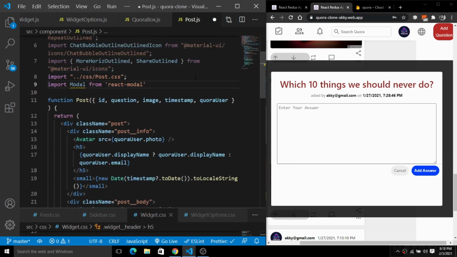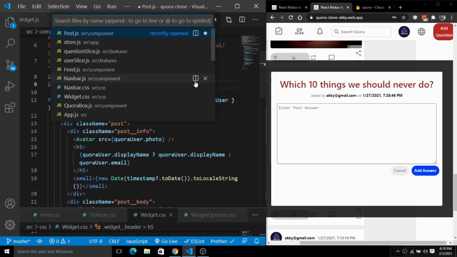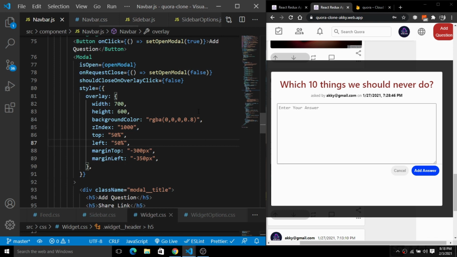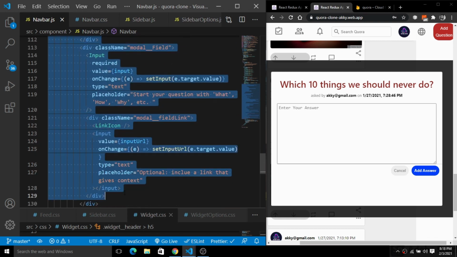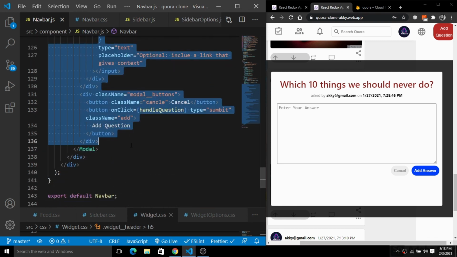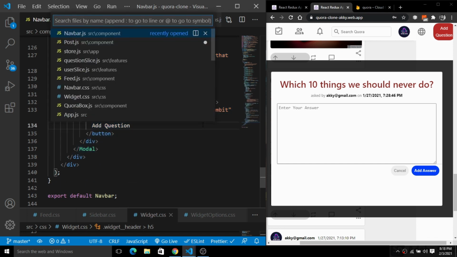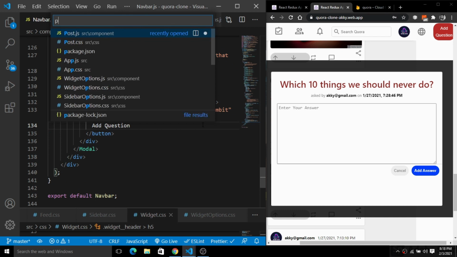So I'm going to simply grab both the state and the same thing from the navbar here. Here we have this Navbar.js, and simply grab the modal here, everything from the modal here, and we'll simply update this modal here. So simply grab this modal, copy this, and put it inside of this Post.js.